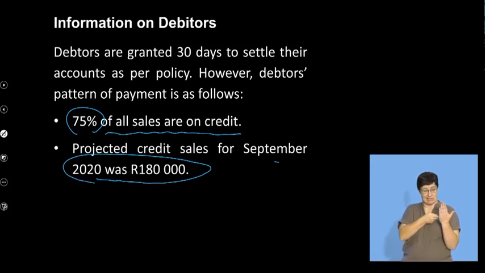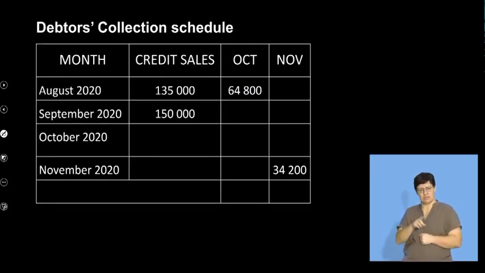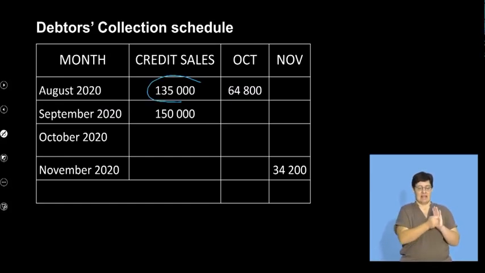So now we go into our question and we say, fine. There's my August sale, and my credit sale is given to me. So clearly I can see that I have a credit sale already given to me, so there's no need to convert my total sales into credit sales. That's very, very important. We are expected to calculate the following.